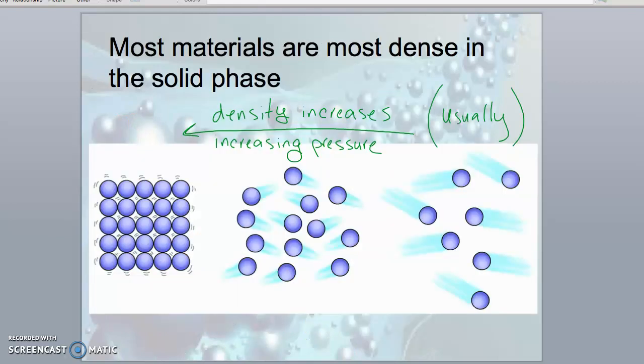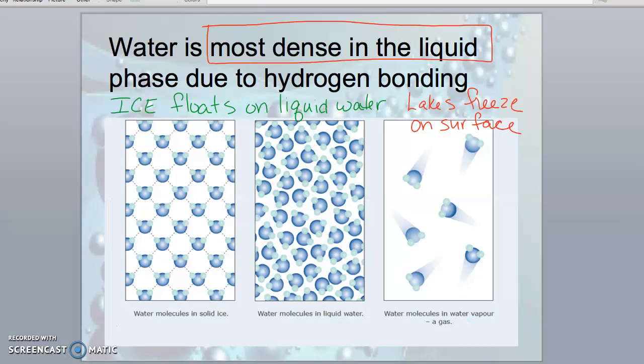So moving on to the next one, we've got kind of a particle diagram, and we've got the gas phase on the right. If we increase the pressure, we're putting these particles closer together, and we could say that the density increases. This happens most of the time, but there is an instance where it does not, and that's with water. Water is actually more dense in the liquid phase, and this comes down to hydrogen bonding. If you look at the water molecules of the solid to the far left, notice the super neat arrangement, with those dotted lines representing the hydrogen bonds holding these in place. And there's a lot of empty space in between the molecules.